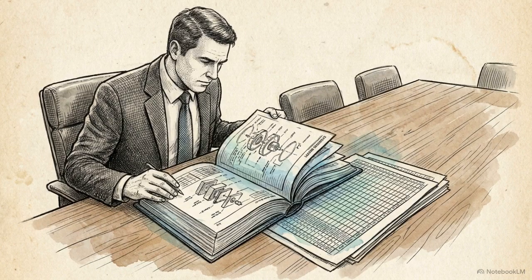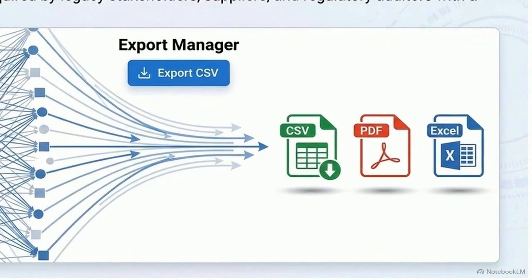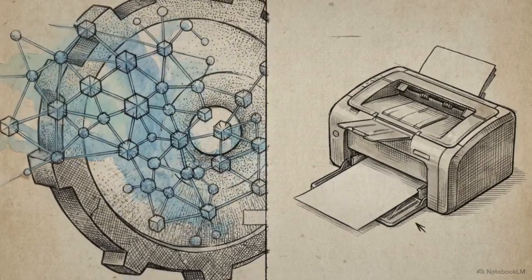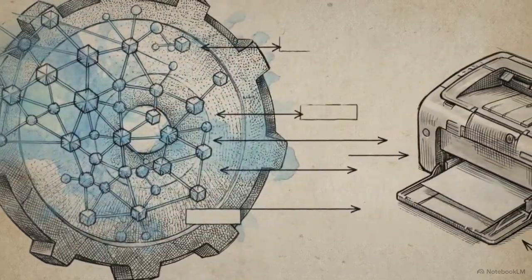Supply chains, legacy stakeholders, and regulatory auditors will continue to demand static PDFs and standard spreadsheets. To bridge this gap, the system utilizes automated documentation. This visualization shows the complex relational network funneling seamlessly into compliant, linear CSV, PDF, and Excel documents with a single click. By operating internally as an advanced relational database, yet exporting as legacy documents, the architecture enforces rigorous reliability logic